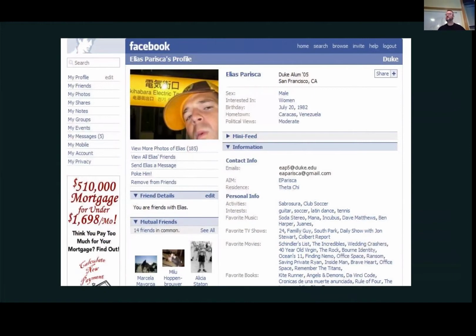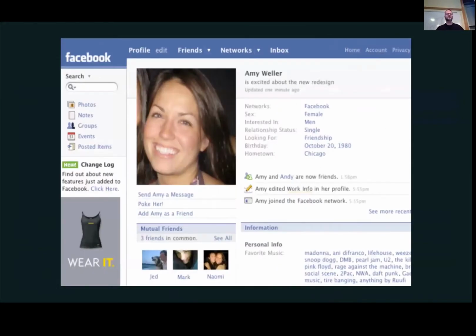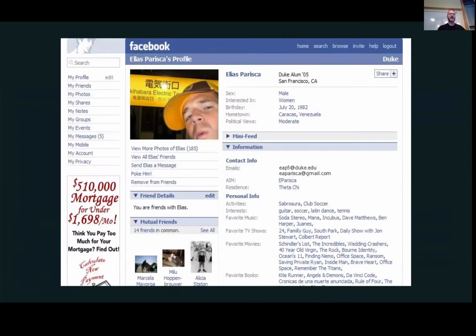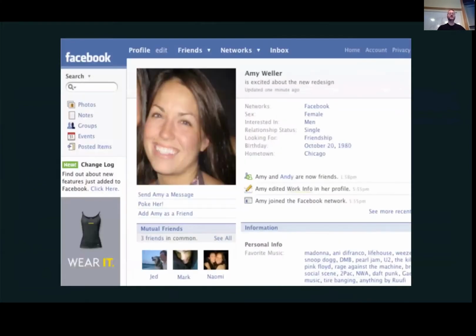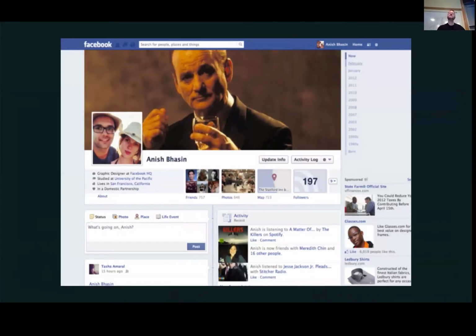What does it mean for something to be in the left rail? In early versions of Facebook, it was all of the my things over there on the left: my profile, my friends, my photos, my shares. Evolutionary step. When that didn't work, they made the left rail generic to Facebook, not to you. So not my profile, my friends, my shares, but photos, notes, groups, more about us than about me. And they've even played with some views that don't have a left rail at all.